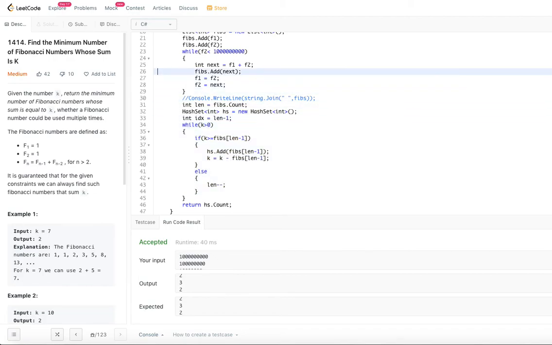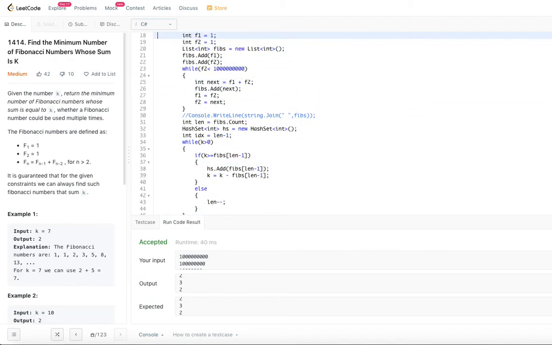As we said, there are only 44 numbers less than the 10 power 9 constraint limit, so fibs is also constant space. We are using a hash set, and there would be less than or equal to 44 numbers stored in the hash set, because we store only the unique elements.